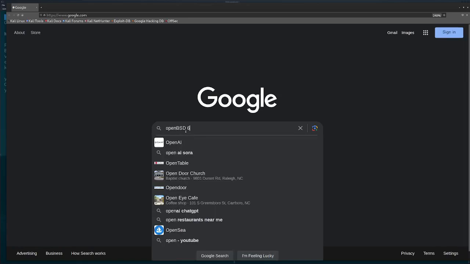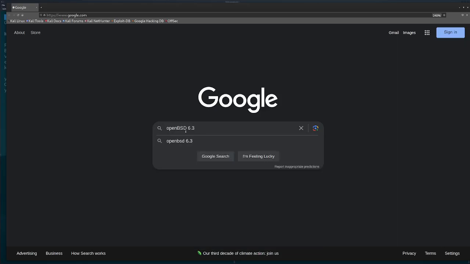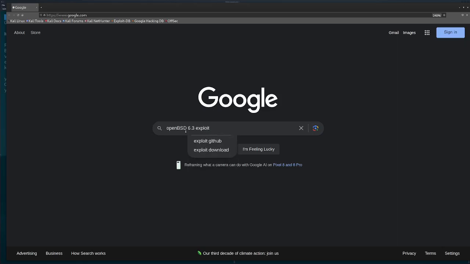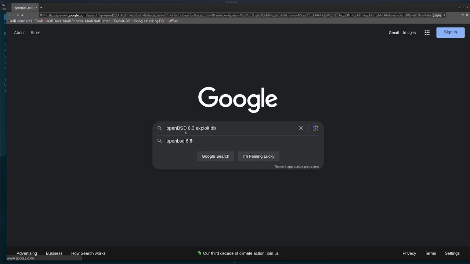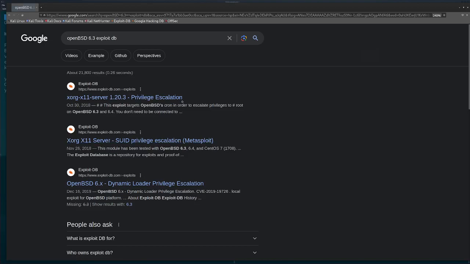BSD 6.3. I like to start with the exploit database. Oh, there's a 6.9. So we have quite a few from the database. Dynamic loader privilege escalation, SUID privilege escalation. That's using Metasploit. 6.3, 6.4, that's what we're running, but we probably need to